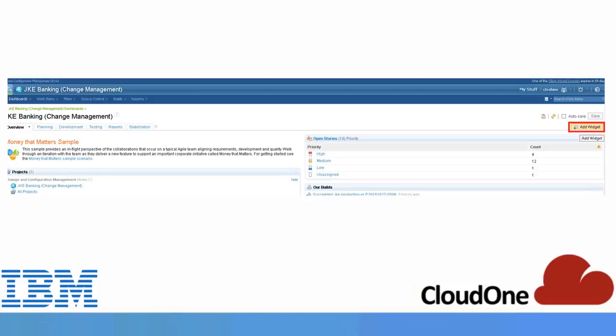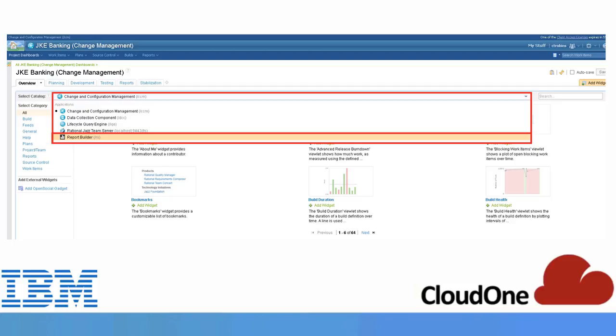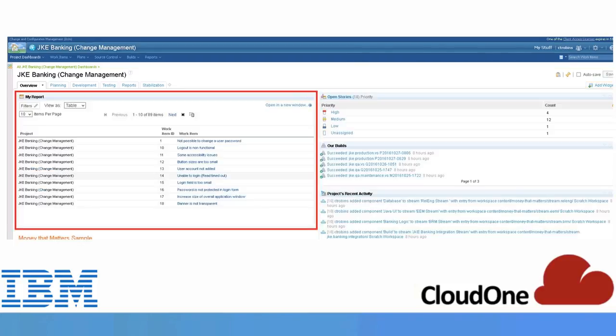Next slide. So here's my CCM JKE banking project. On the right-hand side, I'm sure you guys know, you have the add widget, so you click on that next. And here, the catalog that I was going to pull up is the report builder catalog. And I chose, I just named it my report. But once I selected, I did a quick search in that catalog, pulled it up, and was able to save it to